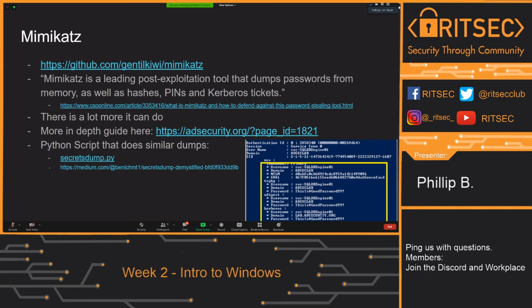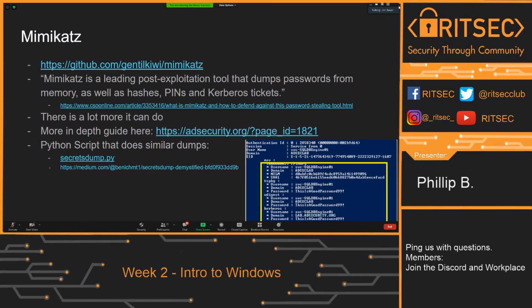If you see on the bottom right there, the one user, this is a good password 99 exclamation point. This is some picture I just pulled off the internet. You have the username, you have the password, the domain they're a part of. So you can get a lot of information with Mimikatz just by snagging the information right out of thin air. There's a lot of resources on how to run Mimikatz. It can do a lot more than just this, but this is really the big thing that a lot of people use, and it's been around for a long, long time. It's a very powerful and extremely useful tool.